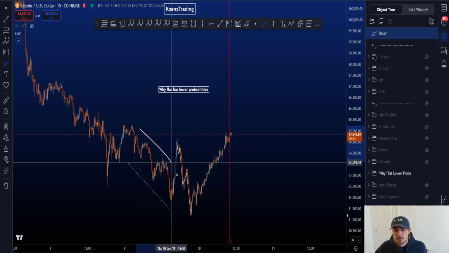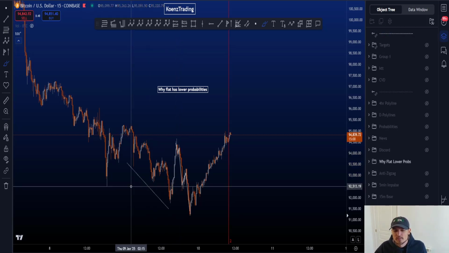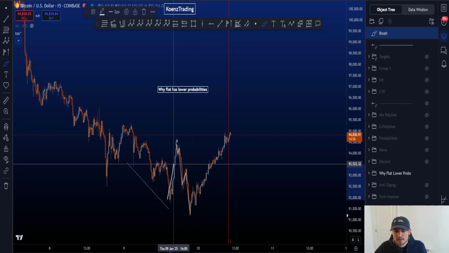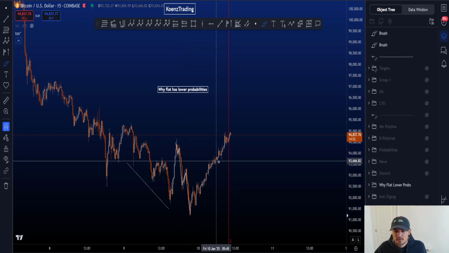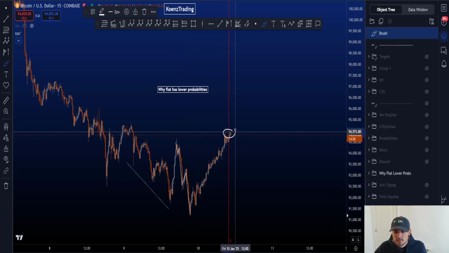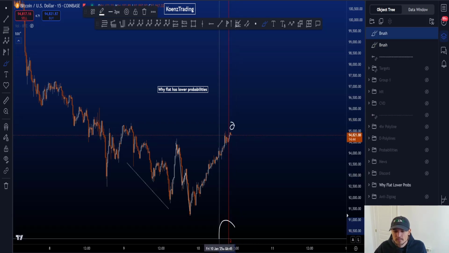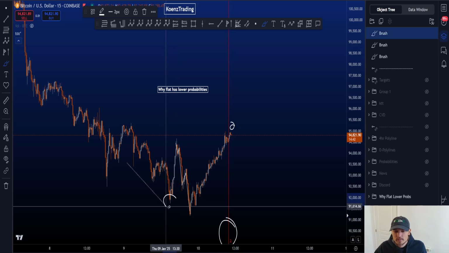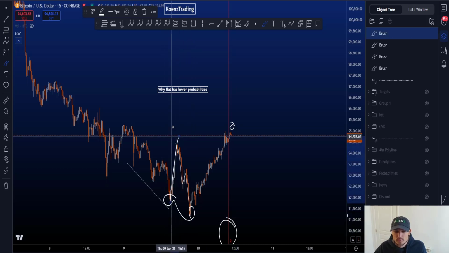So in other words, the probabilities are higher that this is corrective and not an impulsive structure, which therefore creates difficulties for a flat. If you do attempt counting this as an ABC, then besides the fact this looks like a 5-wave structure, we are pretty close to making another high here, which is another high after the 2-fib time taken from the start to the end of your A and B, because this then would be your